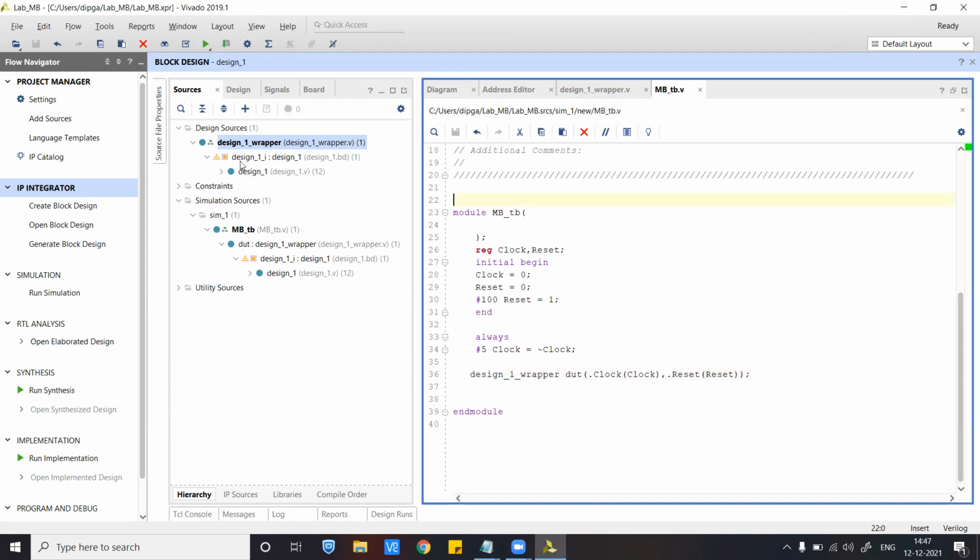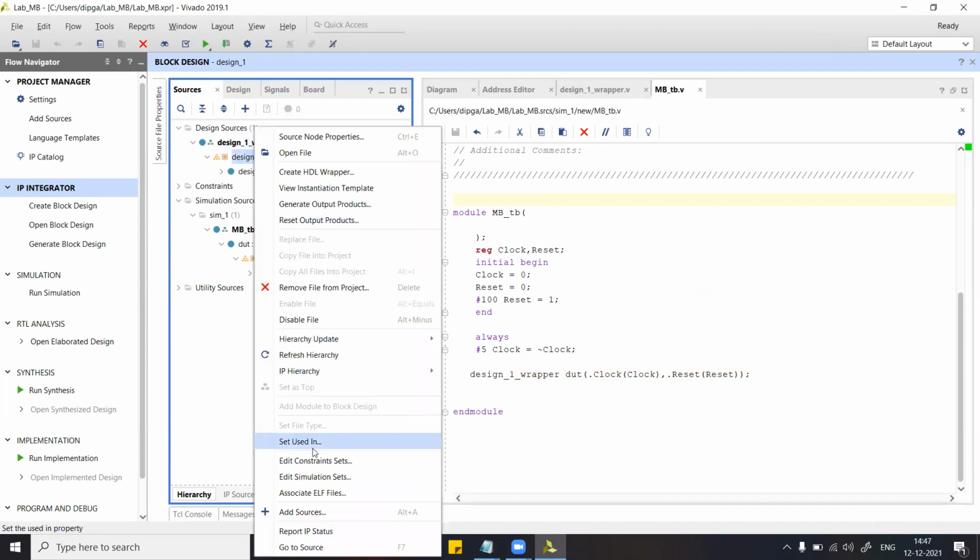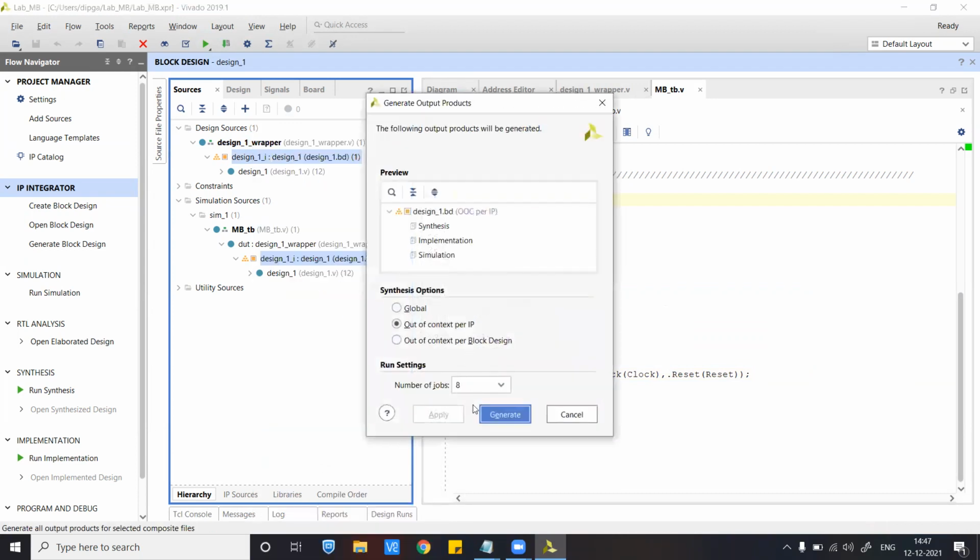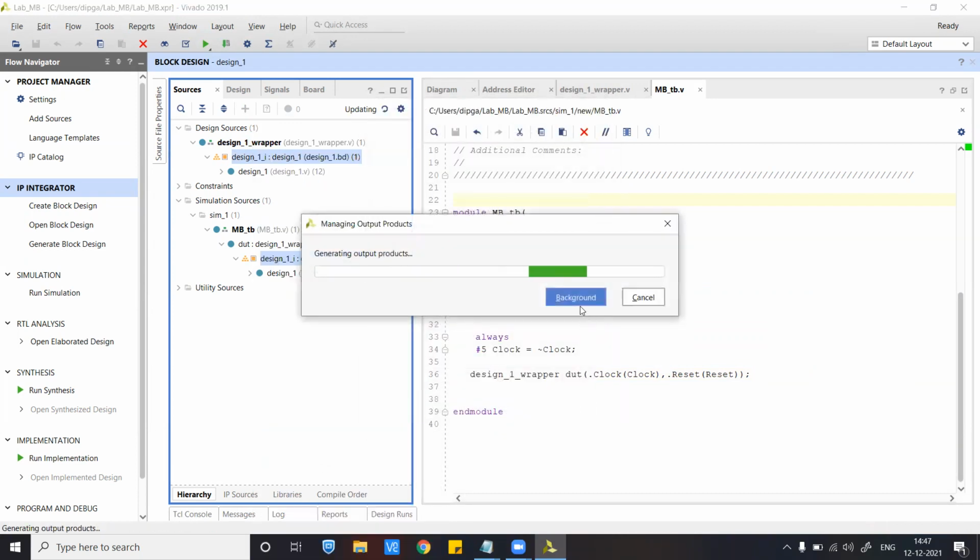This much is done. Now what we will need to do is generate output products. This process is running, and in the next part of this lab, we will see how to write the HLS code, the SDK code for this part of the lab.